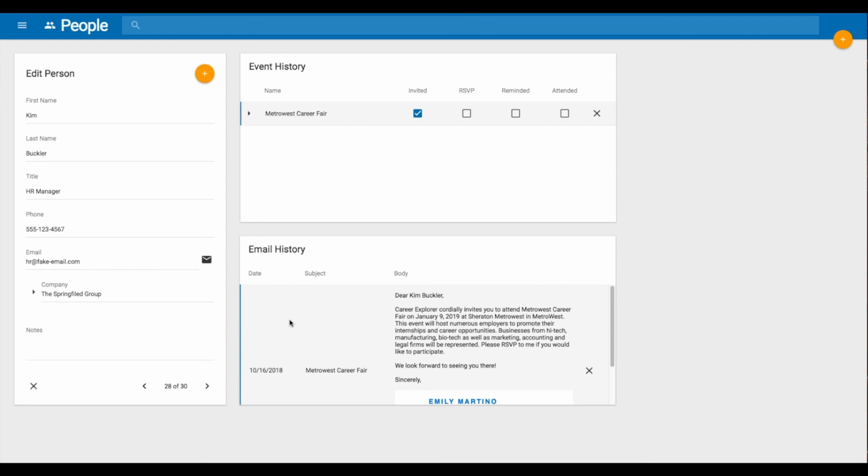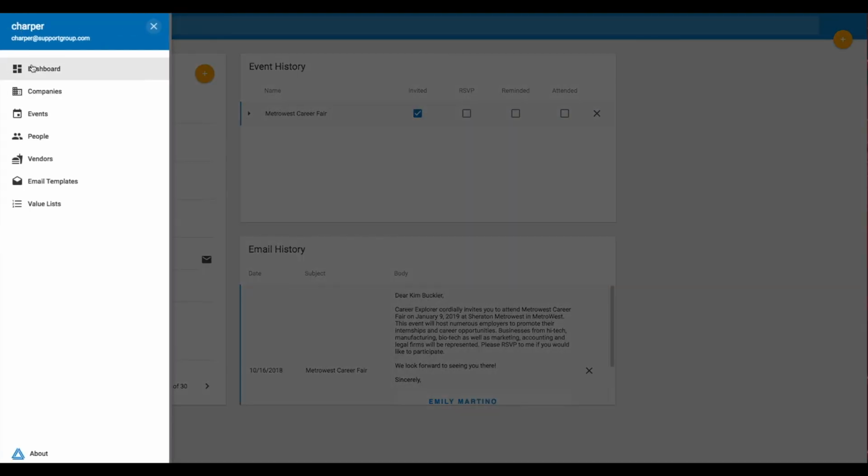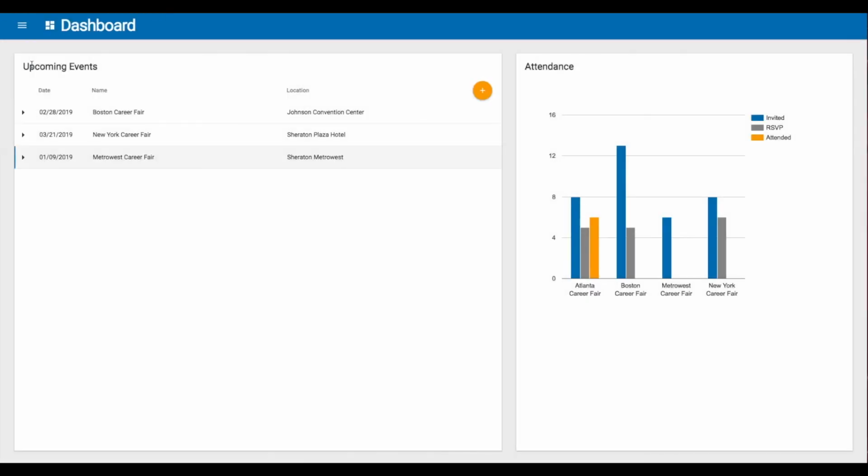So now let's go back to the dashboard and see that the Metro West Career Fair has been added and the people have been invited. To do that, I'm going to click the navigation icon in the upper left-hand corner and select Dashboard. We see that the Metro West Career Fair is listed on the right-hand side, and 6